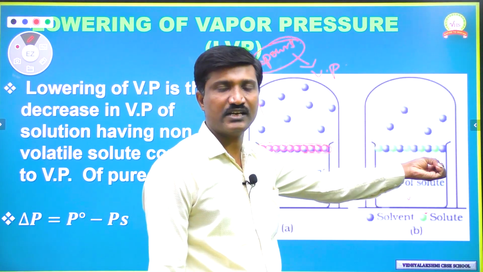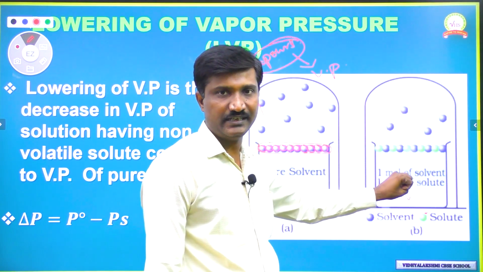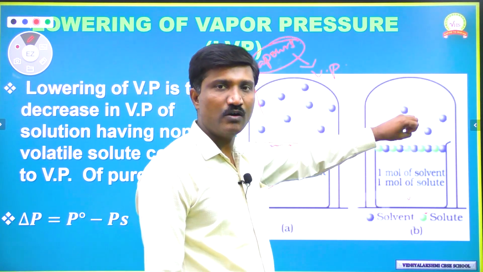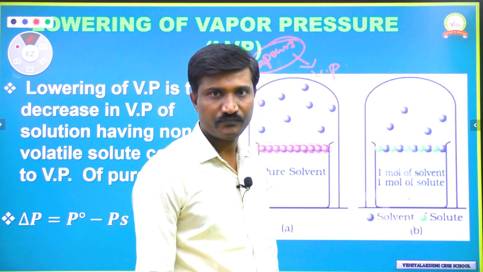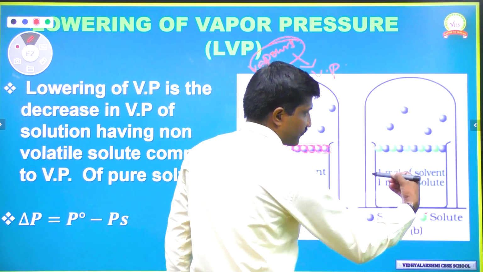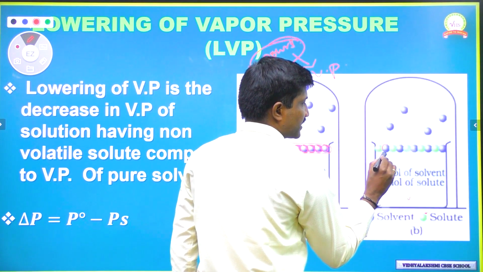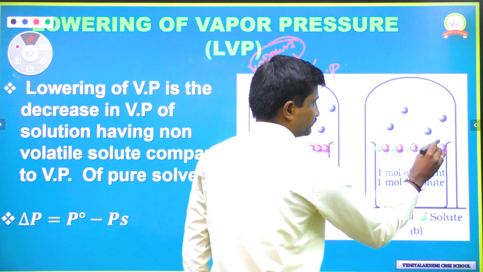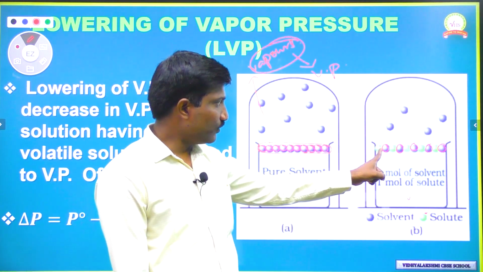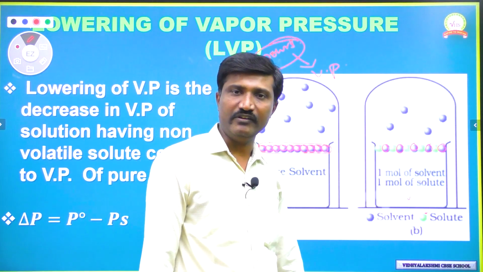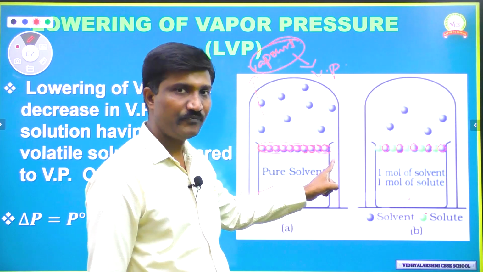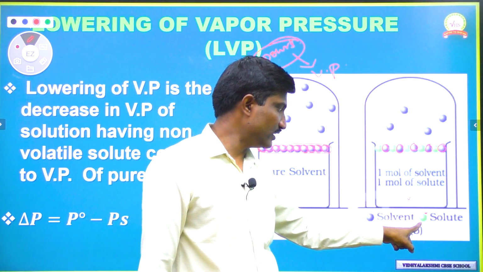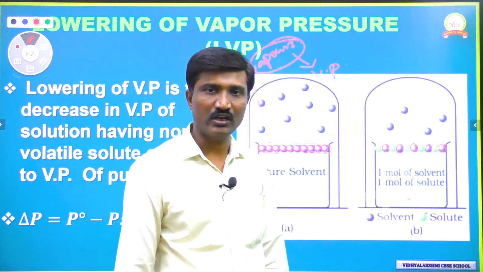To call any mixture a solution, it should be homogeneous, meaning the entire mixture is distributed by the two components present in that solution. So here, apart from the bulk, some solute particles are occupying the surface of the solution. These blue color balls I am taking as solvent molecules, and the green color balls I am taking as solute particles. So green is solute and blue is solvent.